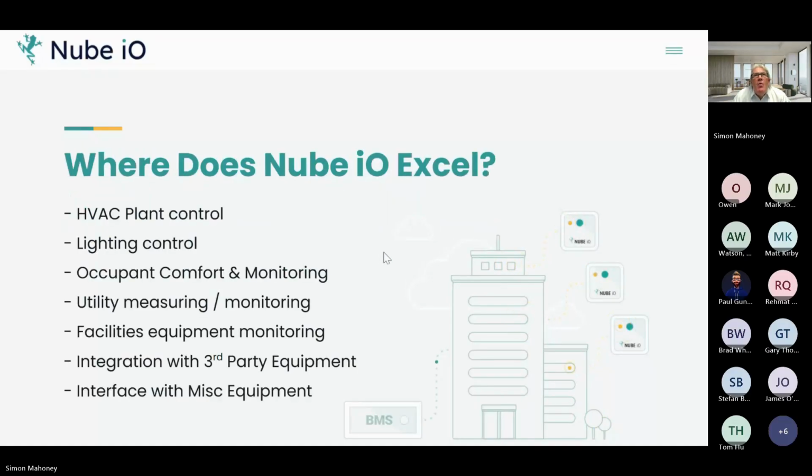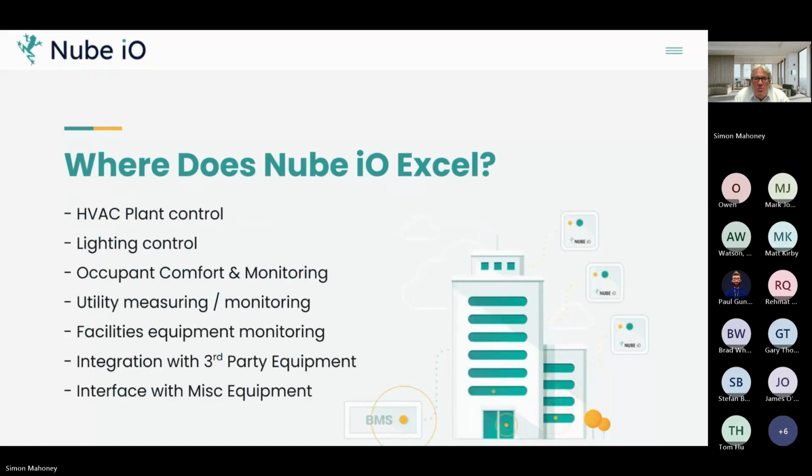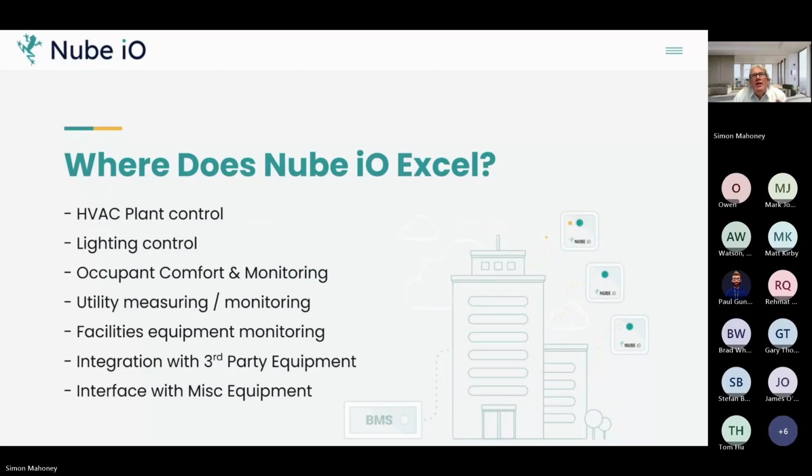So the question would be, where does Nube IO excel? What are the areas that we are really good at? So I've listed on the left here certainly the areas we play in, the areas we work in. And I'm going to describe shortly how our products work and